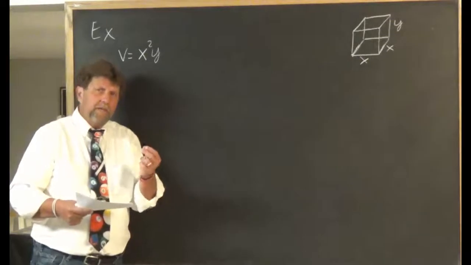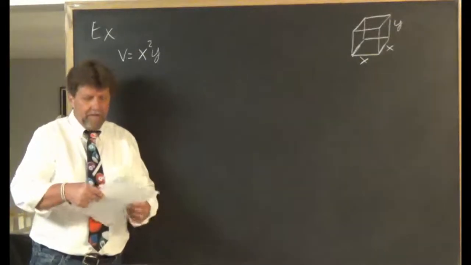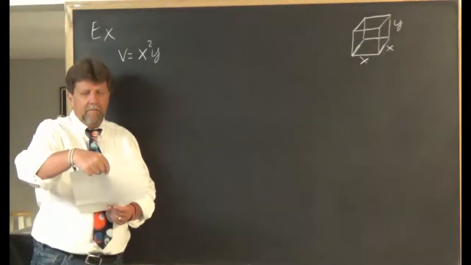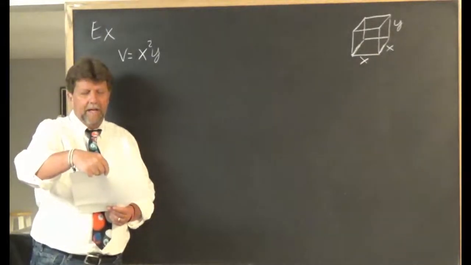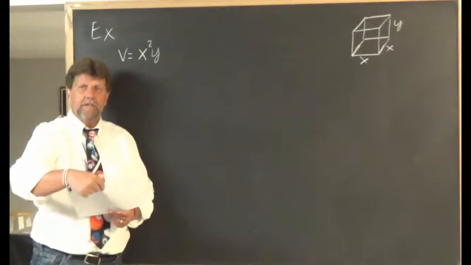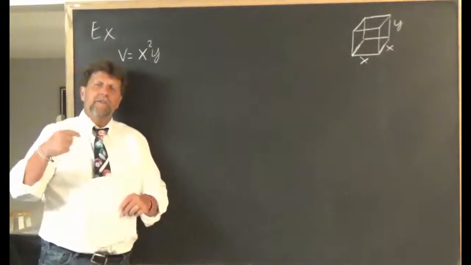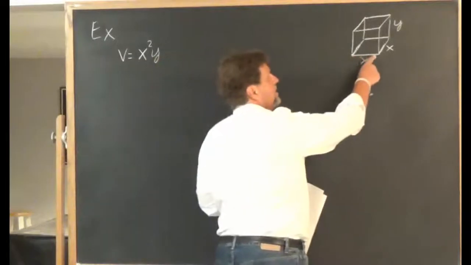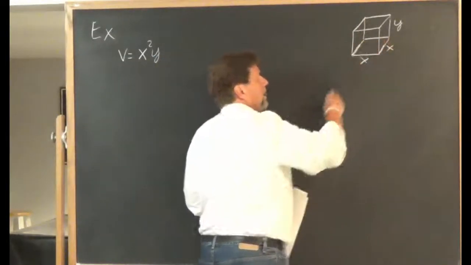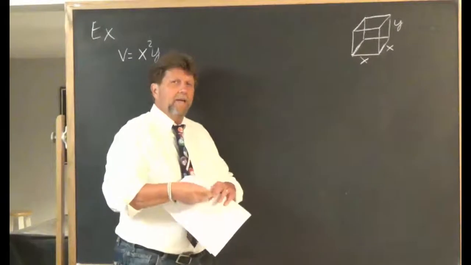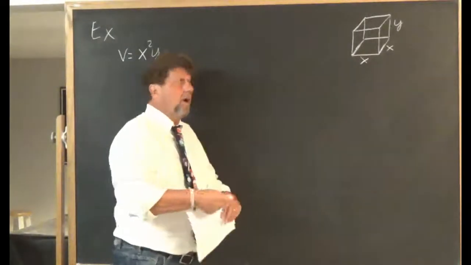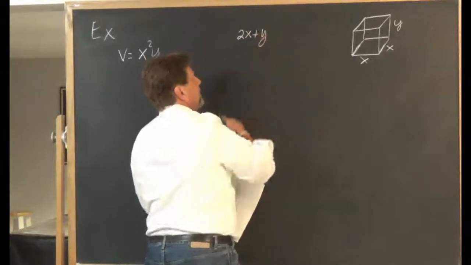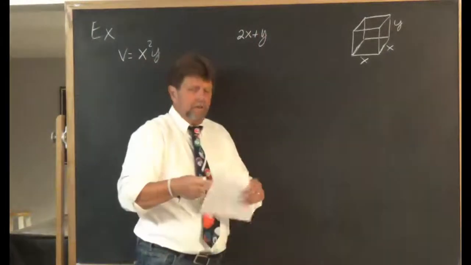For this one, the constraint equation comes about from the English that says the sum of the length, width, and height cannot exceed 108 inches. So the sum of the length, the width, and the height is x plus x plus y, that's 2x plus y. Now that can't exceed